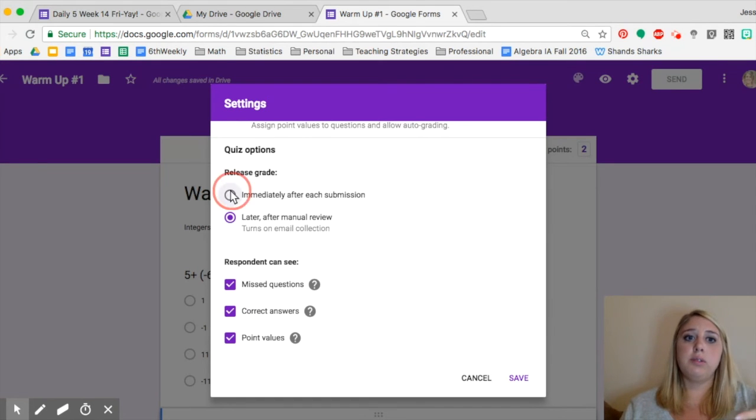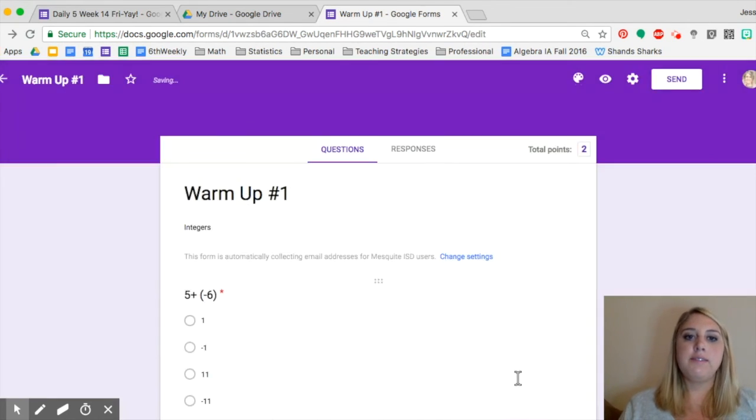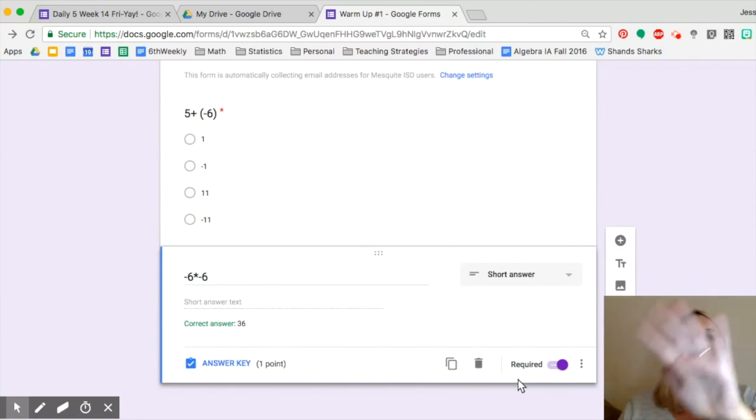It's up to you. When you immediately release their grade, you can say, oh, I want them to see the questions they missed, or maybe you want them to see the questions they missed, but you don't want them to see the correct answer, and you don't want them to see the point values yet, depending on what you want. So now that I've saved everything that I wanted to, and I have it set up to send out to my students,